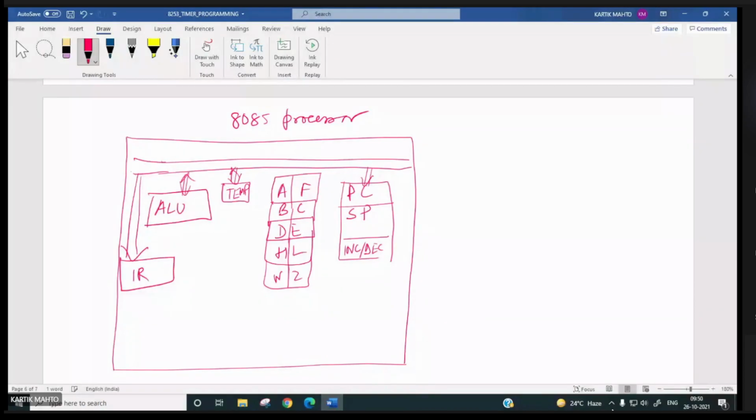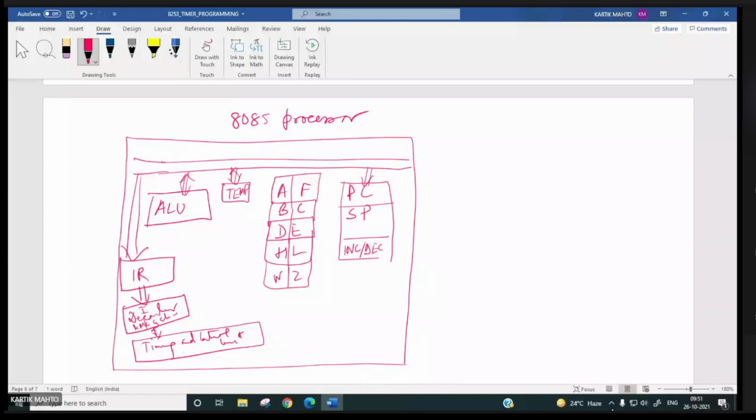And here we have decoders, the instruction decoder and the machine cycle encoder. This is also there, and with this it goes to the timing and control unit.